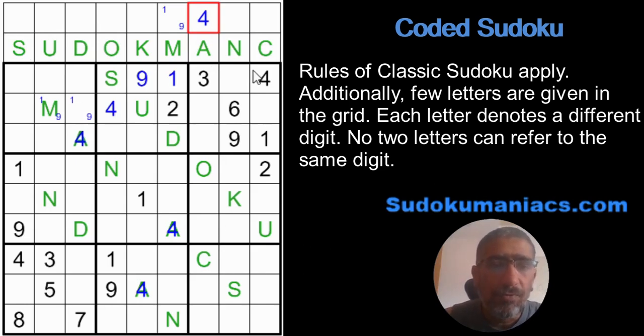So 4, 4, 4. This is a 4. 4 has to be in one of these two because again since A is a 4, N cannot be a 4. This becomes a 4 because we already got the 4 in row 6. Similarly 4, 4. 4 will be here. K cannot be a 4. And this is a 4 and we wrap up all the 4s. Alright. Now, how do we proceed further?